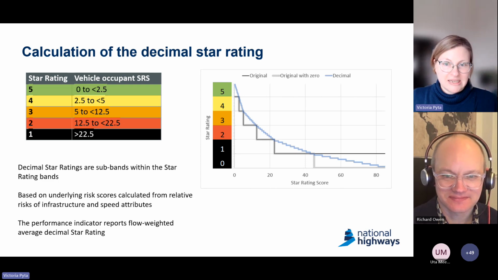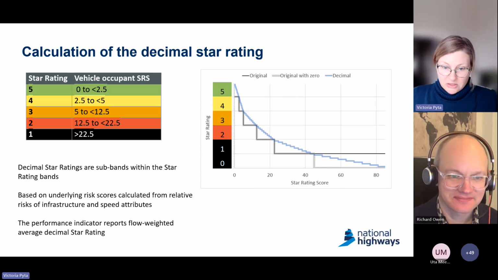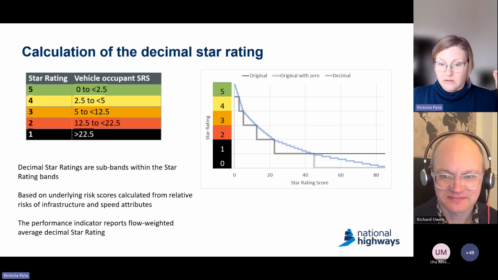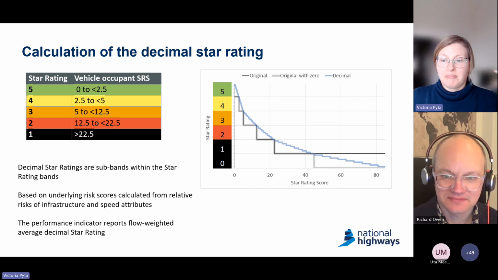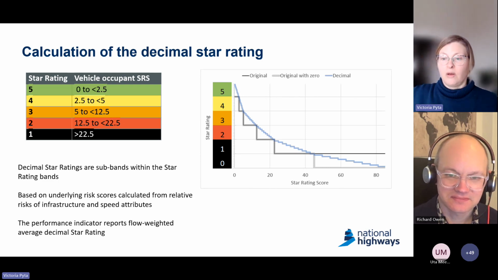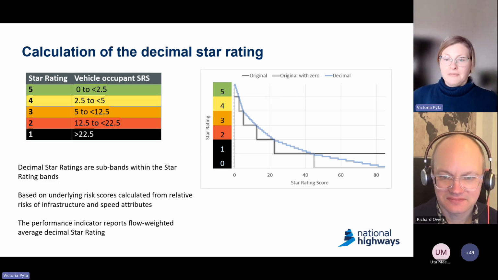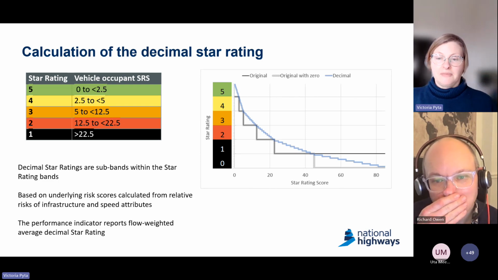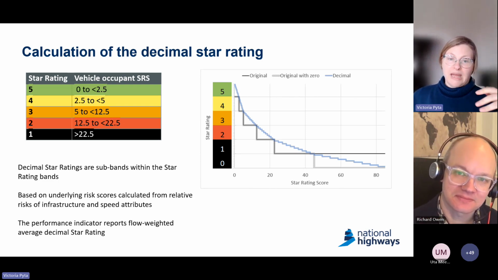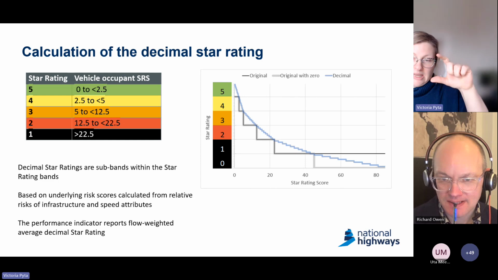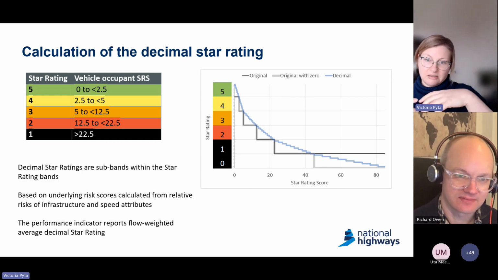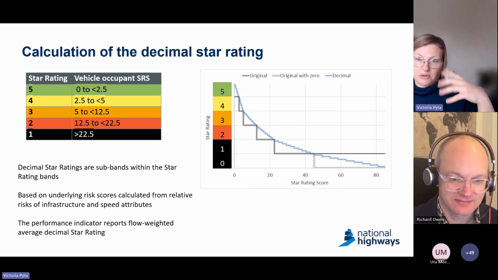What is a decimal star rating? I'm not going to spend a lot of time talking about that because I don't have a lot of time left. Essentially, star ratings are based on an underlying star rating score. Those star rating scores just get banded up. And when we talk about a decimal star rating, all we're doing is splitting those bands. So for example, if you took a 5-star rating, split that up into 10 sub-bands, if you want to call it that, and that's your decimal star ratings, 5.1 to 5.9, I guess,